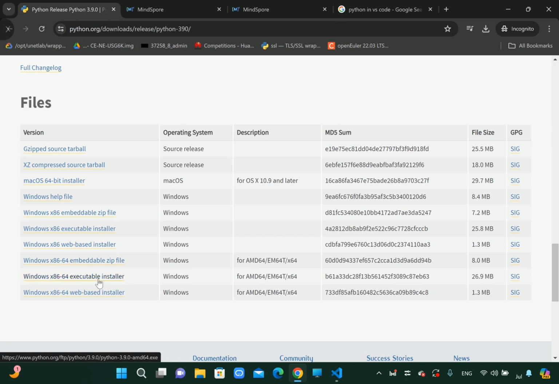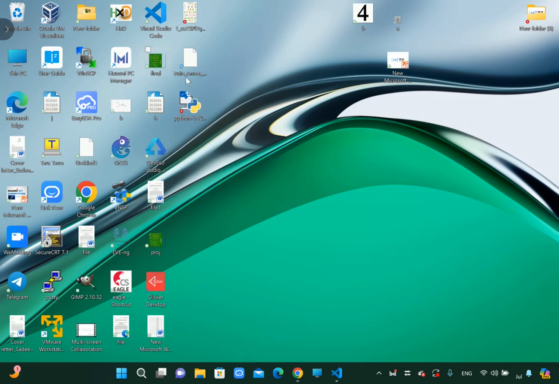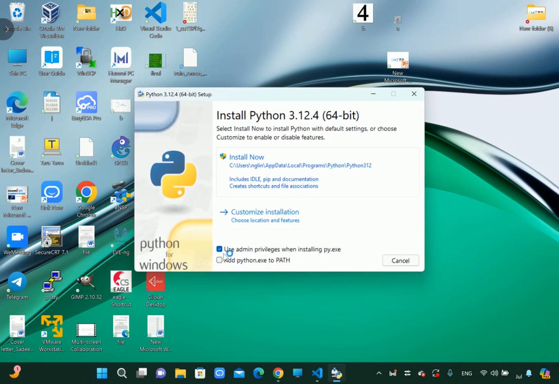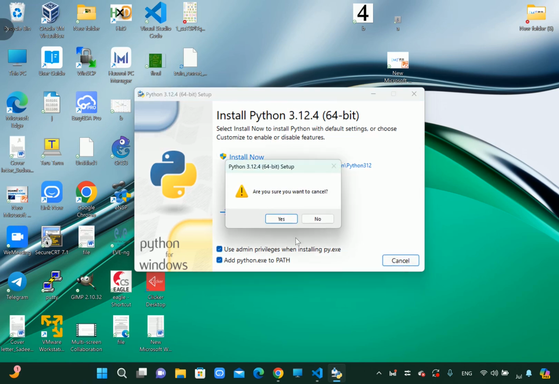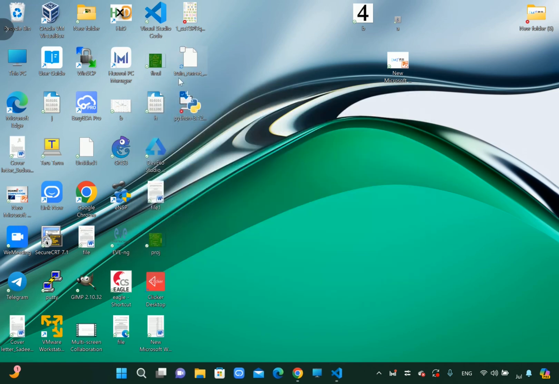Select this one. After you download it, you will get a program like that, an installation program. Just open it and make sure to choose this option and continue the installation steps. After you install Python on your computer,